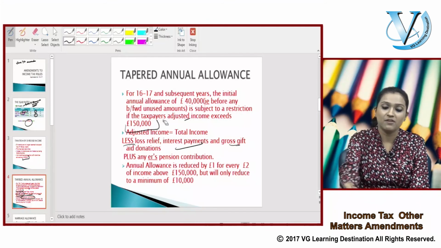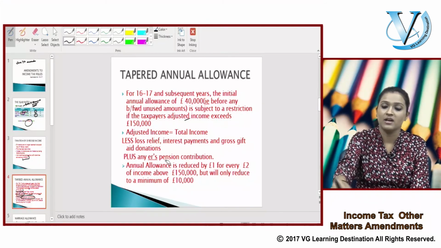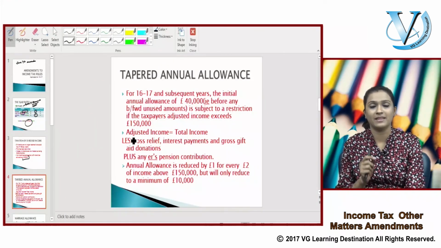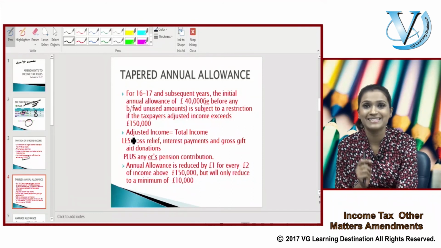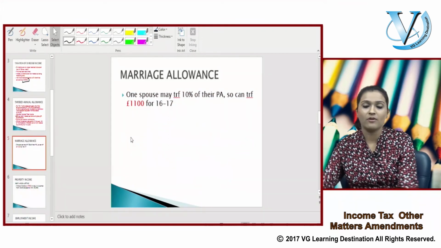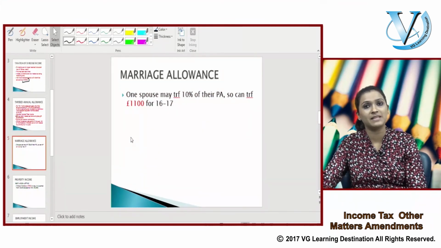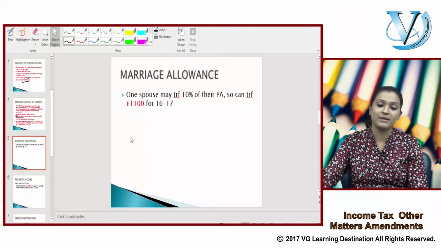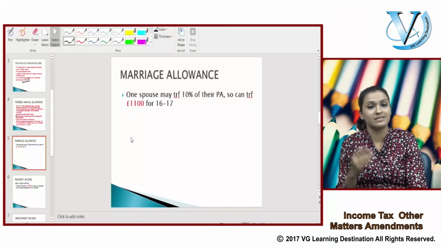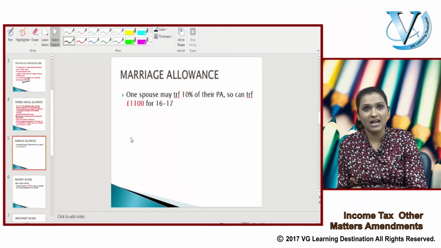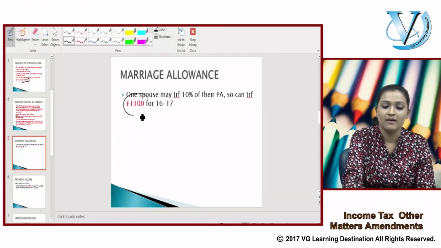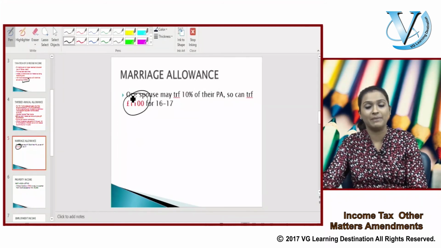Very simply, the £40,000 annual allowance which you have now gets tapered or reduced up to a minimum of £10,000 depending upon the level of your adjusted total income. Now remember your marriage allowance, you could transfer 10% of your PA to your spouse. Earlier the PA was £10,600, so I was transferring £1,060. Now that the PA has changed to £11,000, I can transfer 10% of that, which comes out to be £1,100 for the applicable tax year, which is